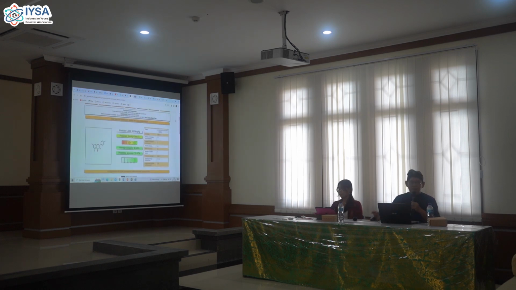So this is the kaempferol prediction of toxicity. It gets classified. For the toxicity level, the bigger the class, the safer. The lower the class number, the less safe. Actually, we can use only classes 4, 5, and 6.